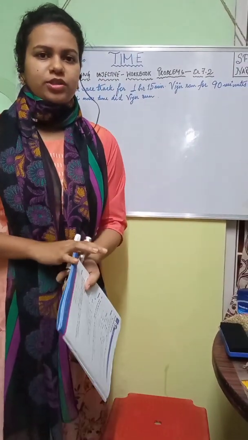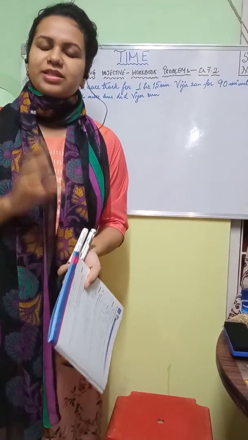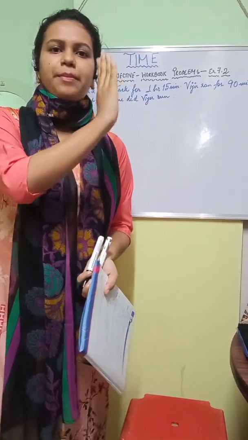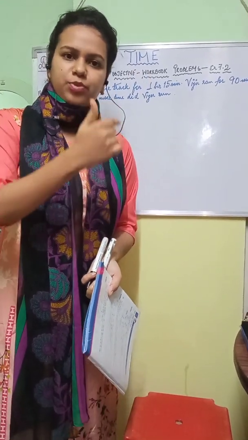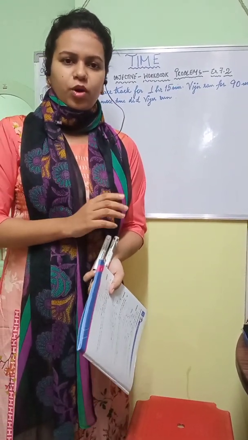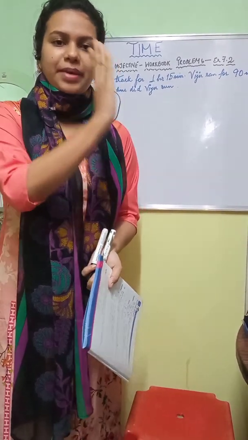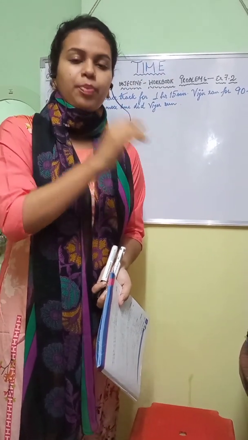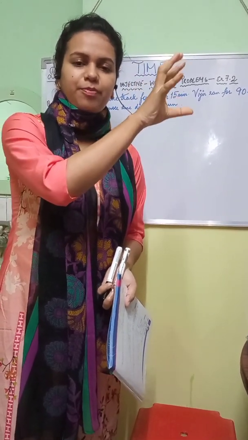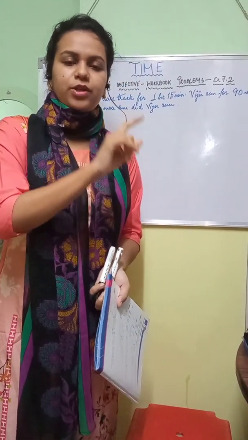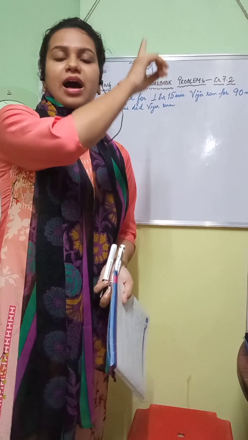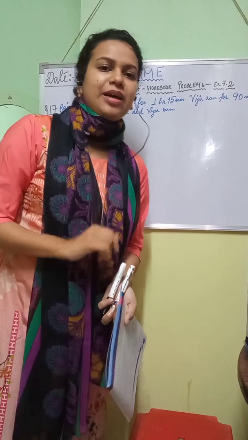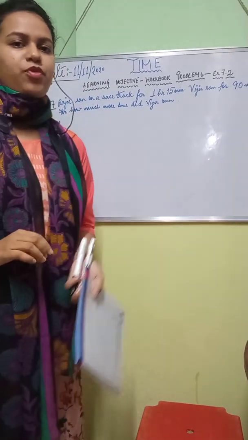Now, to subtract time, what did we do? Similarly to addition, we group the hours separately and the minutes separately. After that, we subtracted the minutes and the hours. We also checked that in the minutes, the term written above should always be greater than the term written below. If the above part is less than the below part, we borrowed 1 hour from the hours place and then added 60 to the minutes place. I hope you remembered that. Now let us solve a few problems from your workbook.